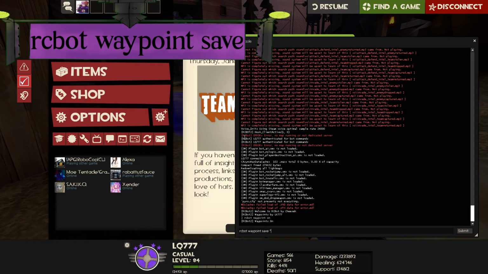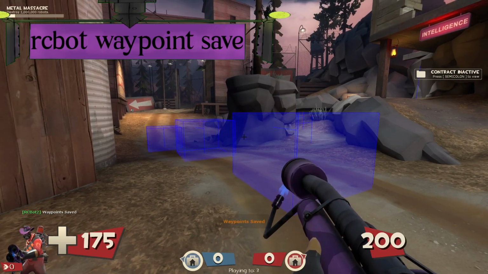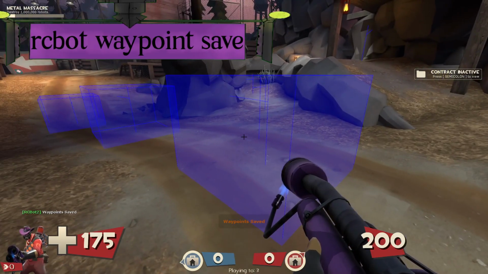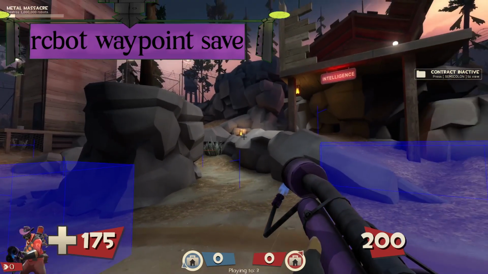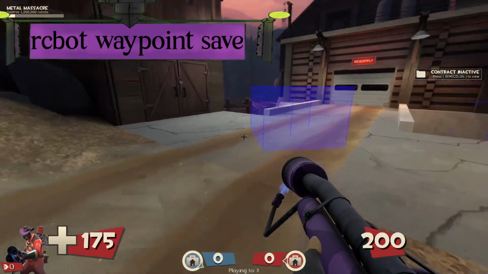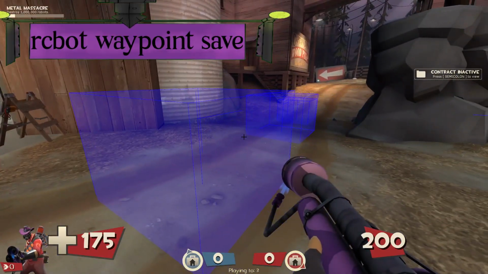Once you click that, the game says waypoint saved. So meaning you have the file inside the RCBot folders,